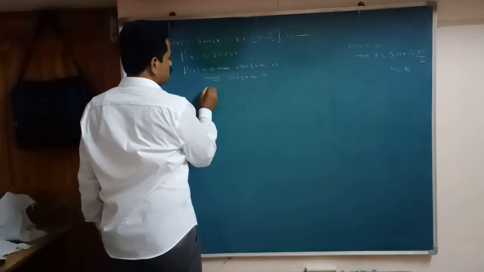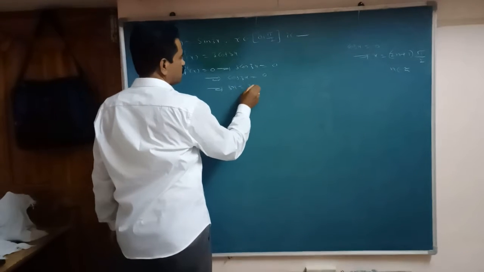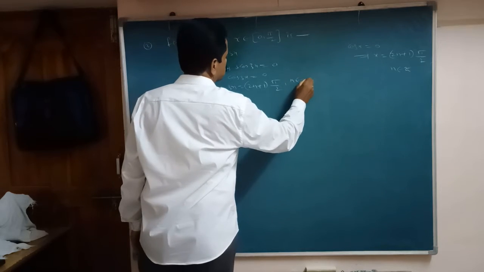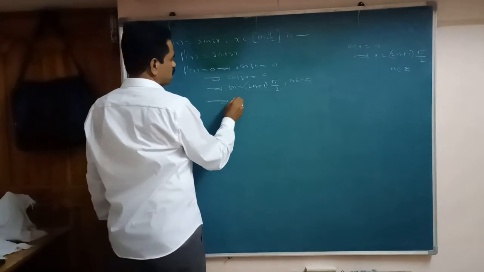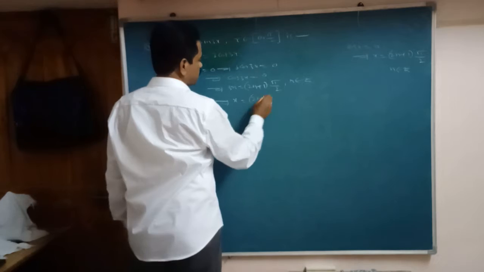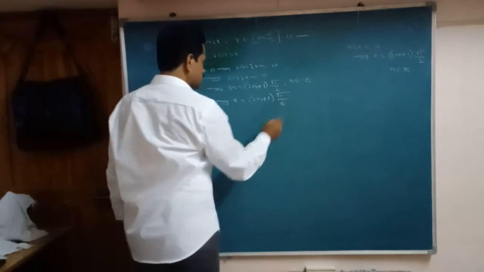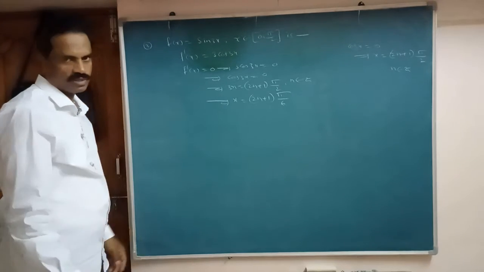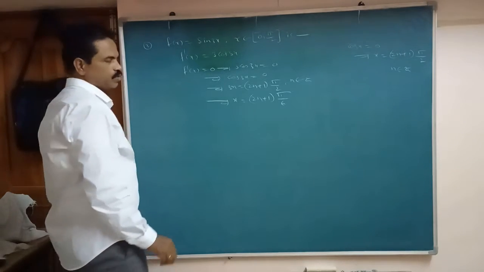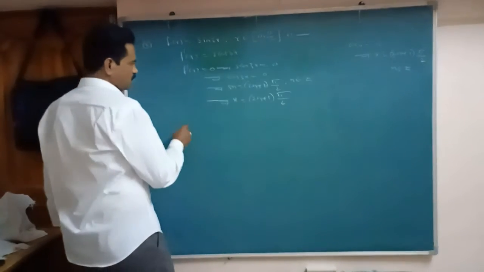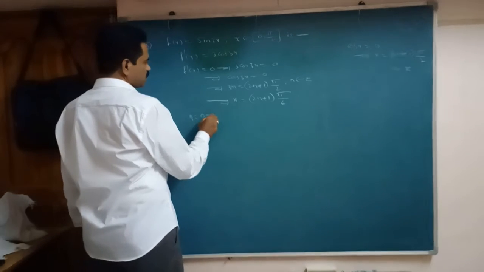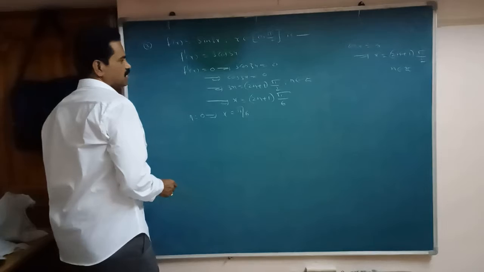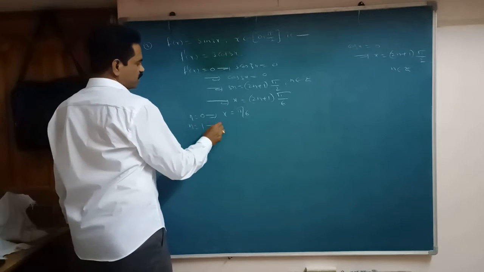So cos 3x equal to 0. Then 3x equal to what here? (2n plus 1) into pi by 2, n belongs to Z. So that implies x equal to (2n plus 1) into pi by 6. Now we have to find out the values in between 0 to pi by 2. So restricted here, 0 to pi by 2 only you have to take. So n equal to 0 I am taking here, then x equal to pi by 6.